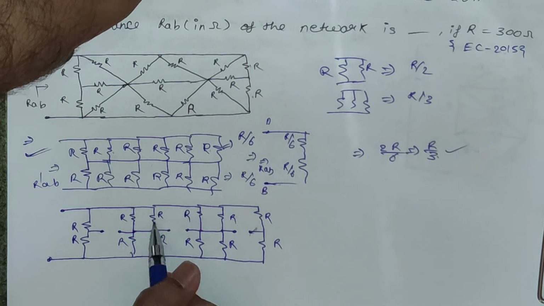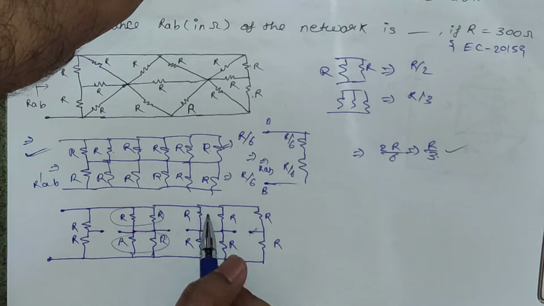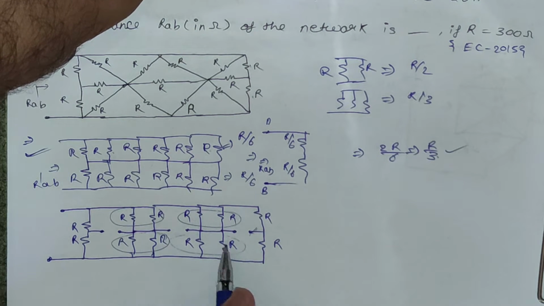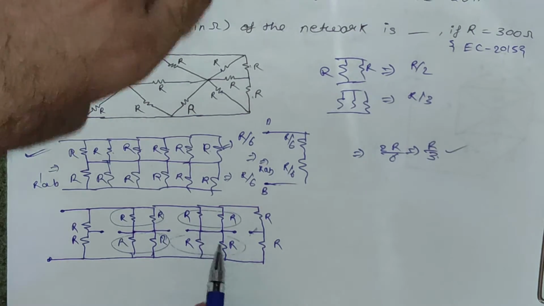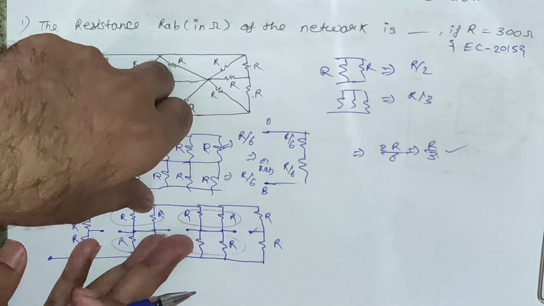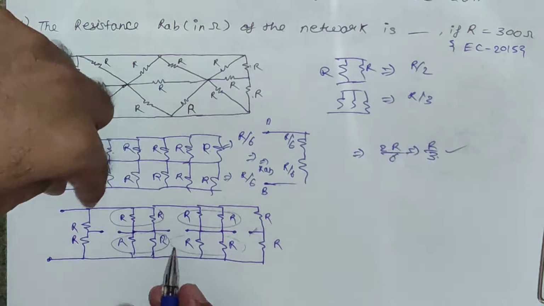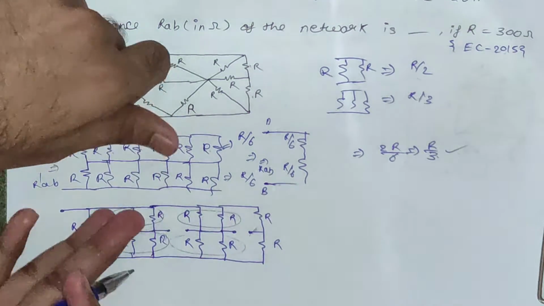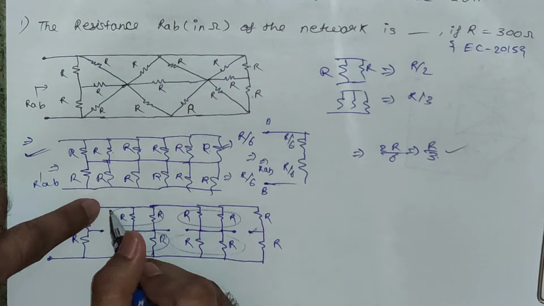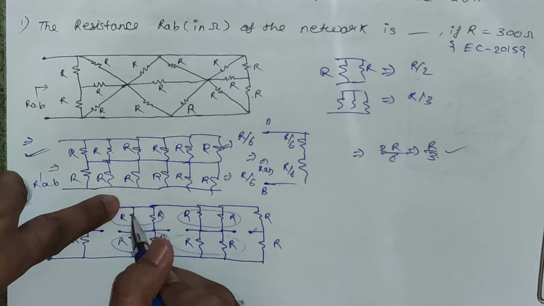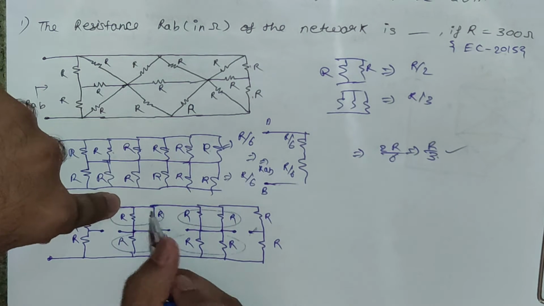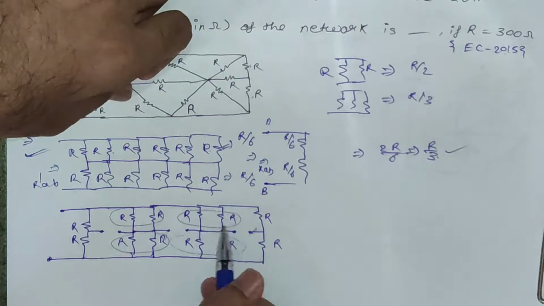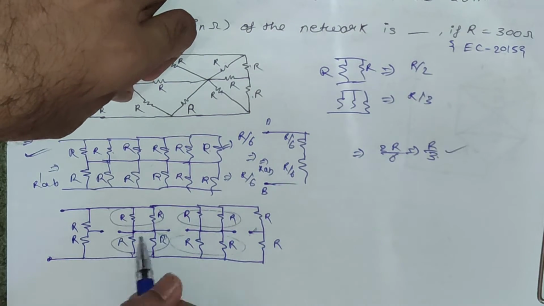R. So you can see these two resistances are parallel, these two are parallel, these two are parallel. You can clearly see both ends of these resistances are connected to each other. So you can say this is in parallel, or you can use the current concept that the current coming here will get divided into these two branches. So you can say these resistances are in parallel. Similarly, these are parallel, these are parallel.